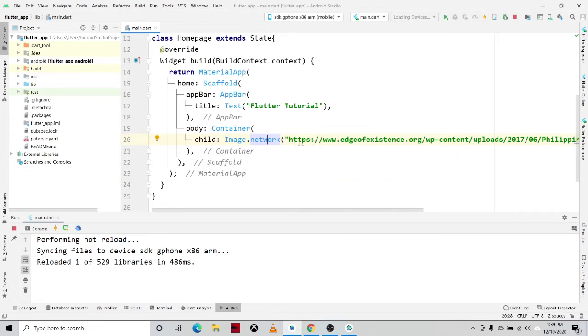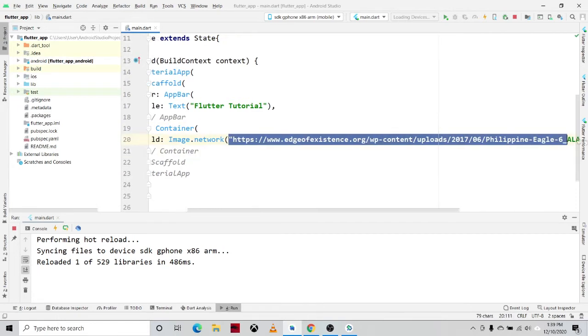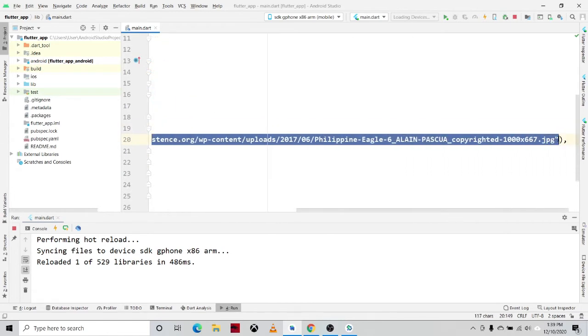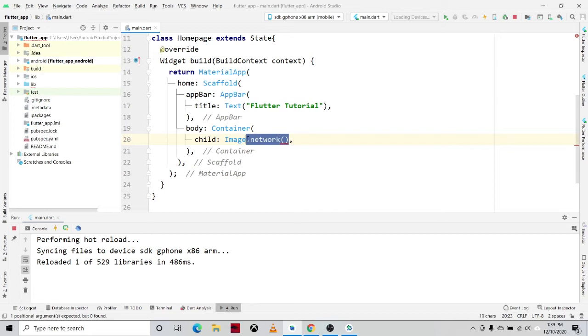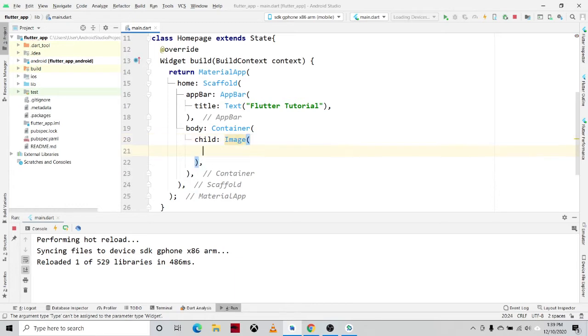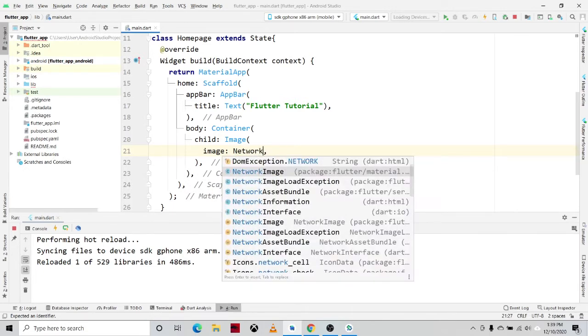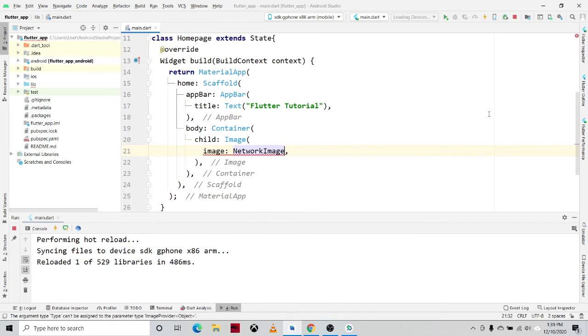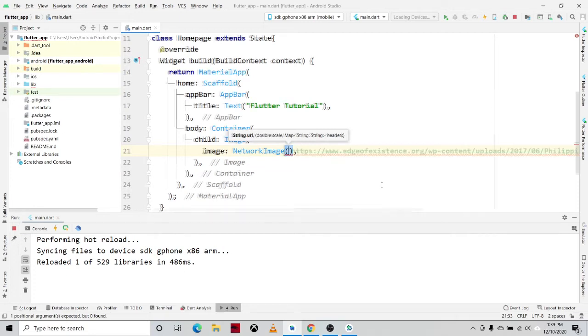Okay, so another way, you can use the Image widget, and we'll be using the same link. We'll be copying this one, and then instead of Image.network, we'll be using the Image widget, open close parentheses, and using the image property of the image, we can call the NetworkImage widget, then open parentheses, we can specify the link or the URL of the image.